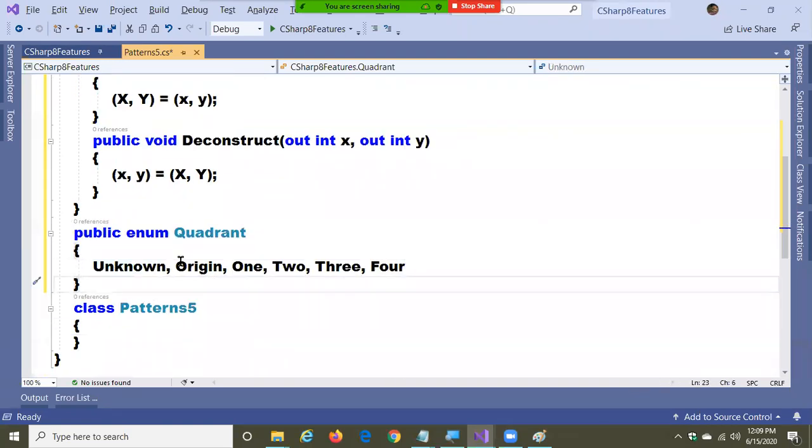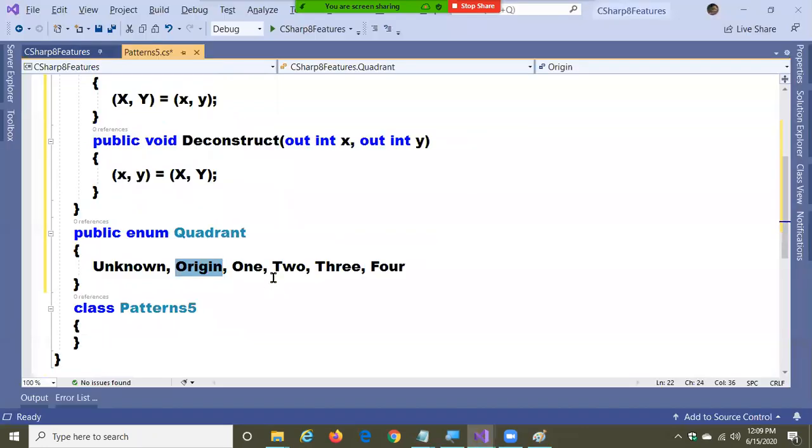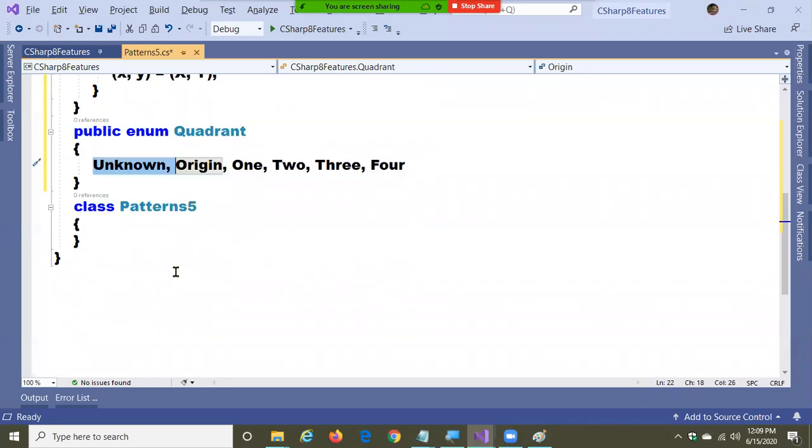Origin means the center point, and apart from that, the four quadrants of the circle. Unknown means if you give a wrong value, it will return Unknown.